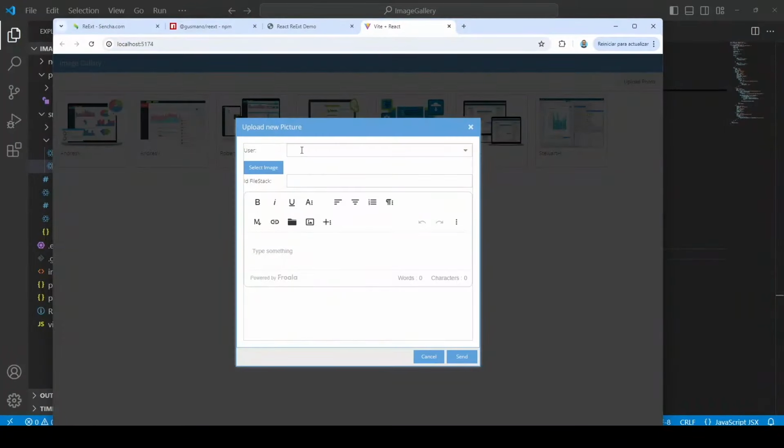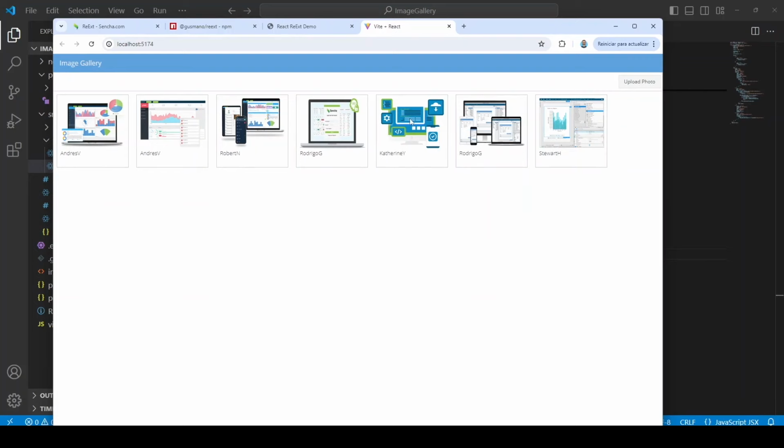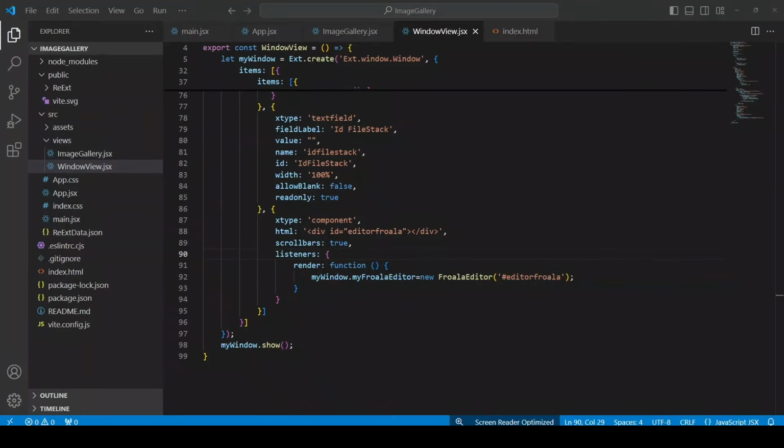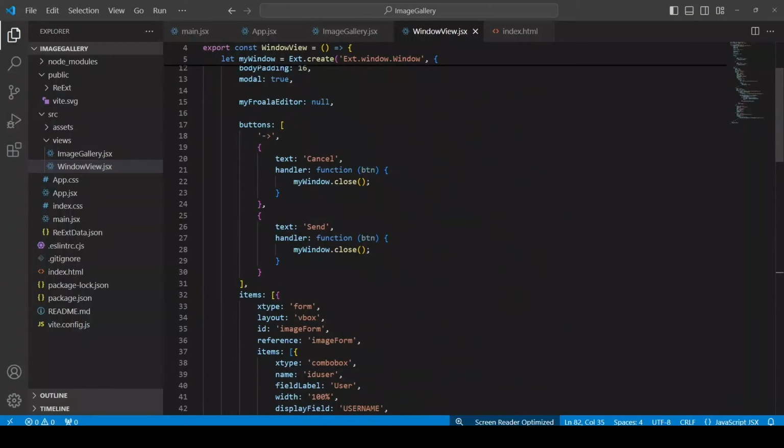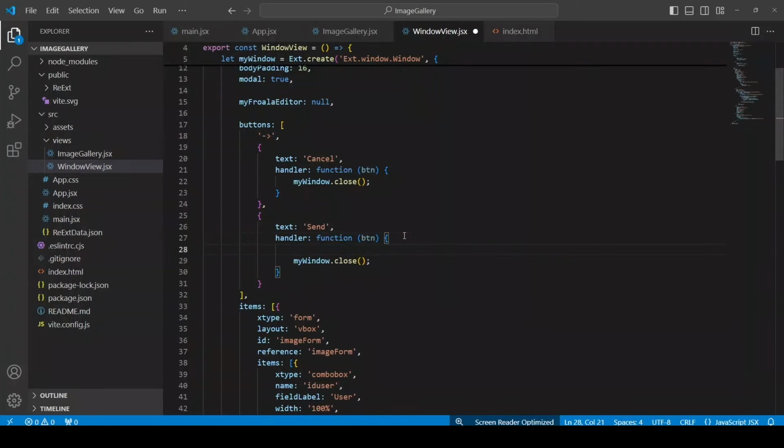As you can see now, we have the user selector, we have the select image, and we have the Froala editor working. Okay, now that we are up to this point, let's actually just save. So here, all I have is the close window instruction. If you remember, we have an ID for the form. I'm gonna use that. So I'm just gonna say image form equals